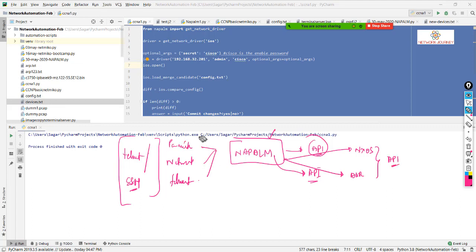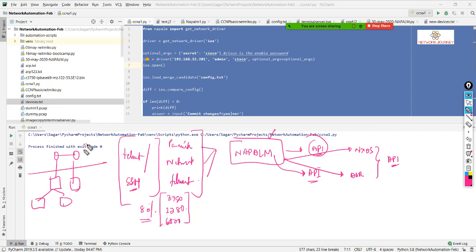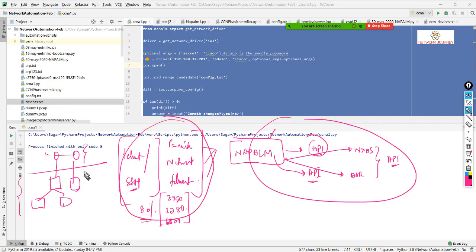On the other side, these other modules work on legacy devices like the 3750, 2780, the 6500. These make up 80% of your whole campus network, right? If I talk about the core, distribution and access layers, only two devices are in the core, whereas your remaining 80% are all your distribution and access layer, which consists of the legacy method, right?